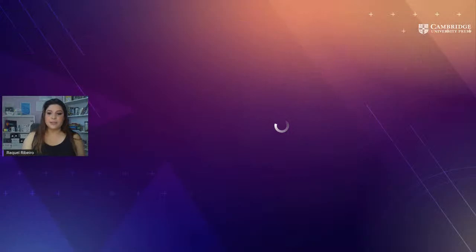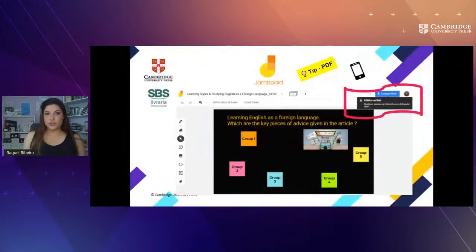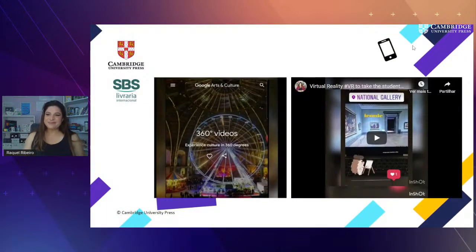Maybe you ask me, Raquel, but what if I teach only one student or a very small group? It's fine, you can make use of that. What if I teach a huge group of students? Amazing. Maybe in the sense of Jamboard, you could have to create more files, or maybe not. It all depends. We can always color code and ask students for ideas. They shouldn't be forever bound to a platform. Also very important to remember.